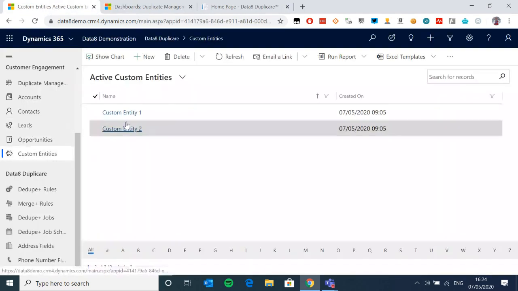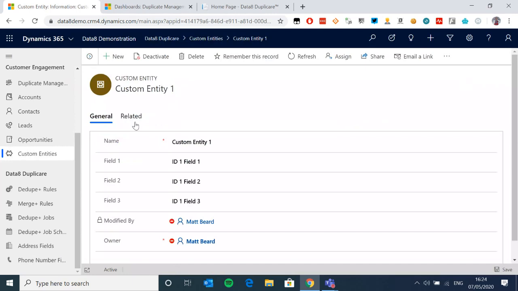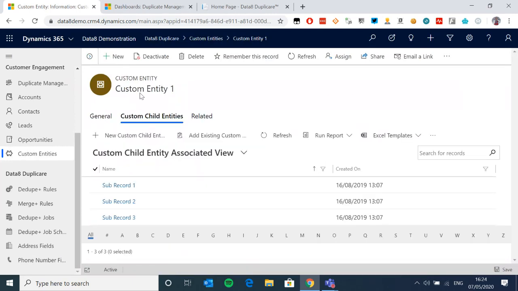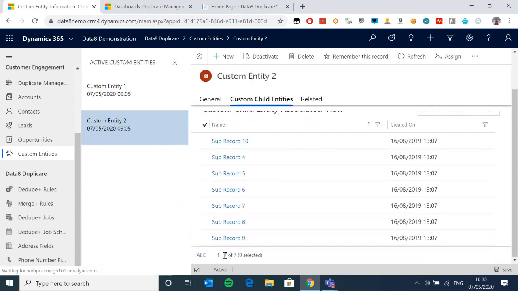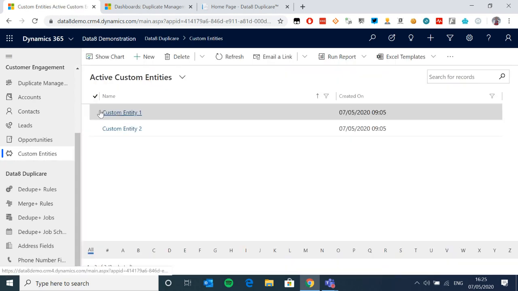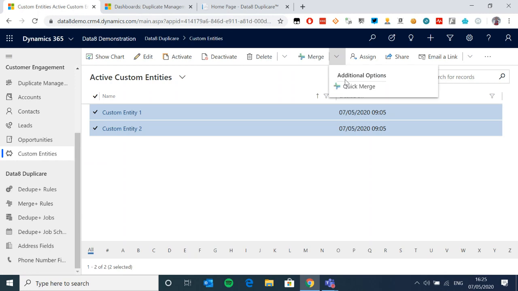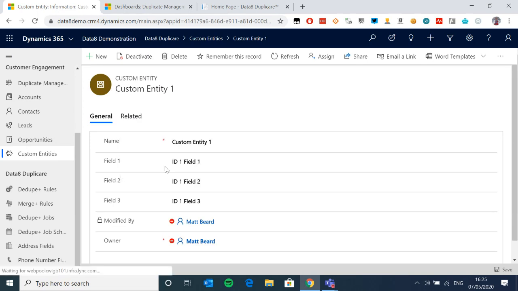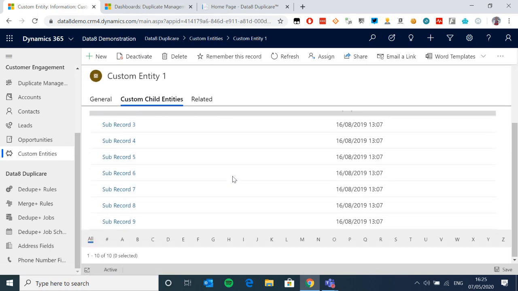And exactly the same for custom entities. So I've got a custom entity here that has 3 sub-records. I have another one here that has 7 sub-records. And what I can do with that, I can do a quick merge on that. What I should then do is I should then have a single record left over. And if I was to go into there and look at my related, you can see that all of them have combined into one.